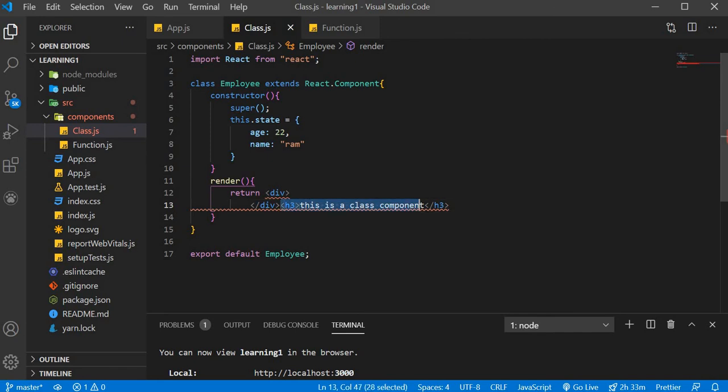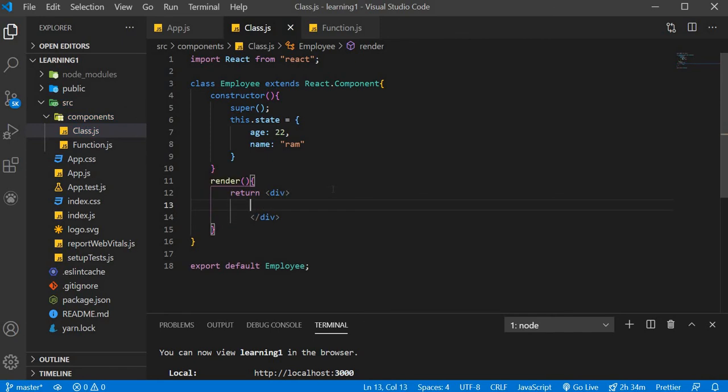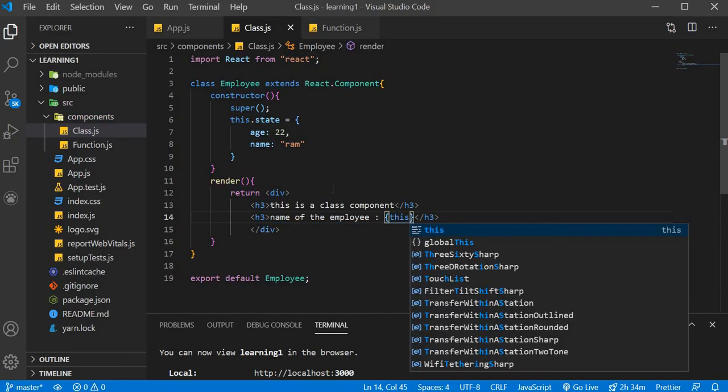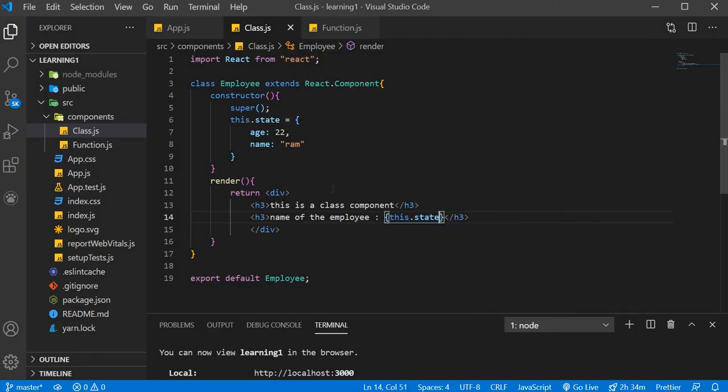Now you can use these properties in the render function. Let's say I am wrapping all these inside a single div, and set name of the employee. And how we can define them: this.state.name.